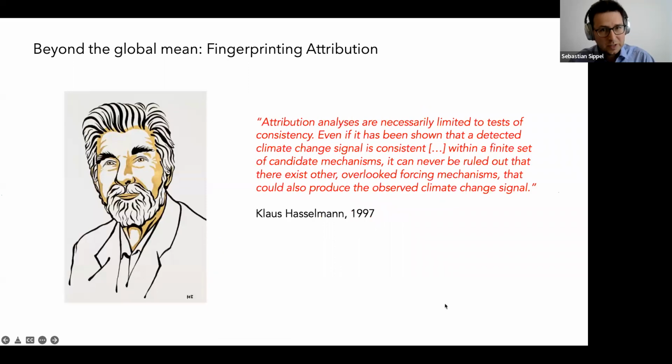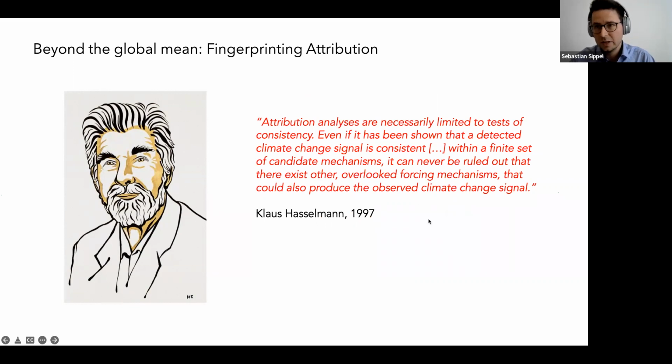He's also saying things about attribution. That's from a paper in 1997, where he says attribution analyses are necessarily limited to tests of consistency. Even if it has been shown that a detected climate change signal is consistent within a finite set of candidate mechanisms, it can never be ruled out that there exist other overlooked forcing mechanisms that could also produce the